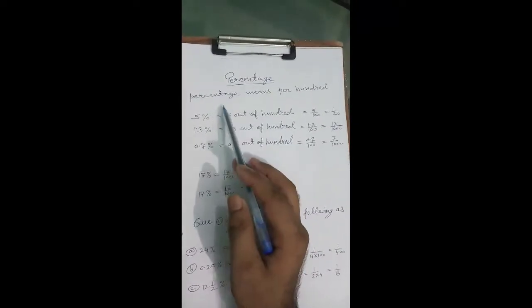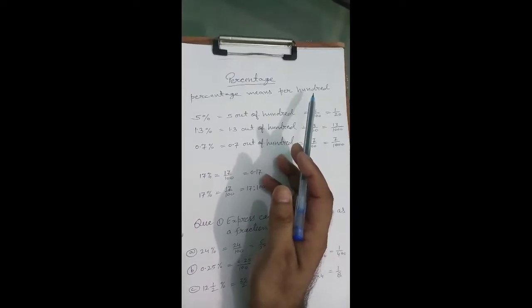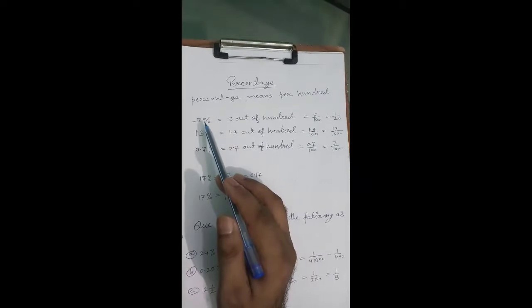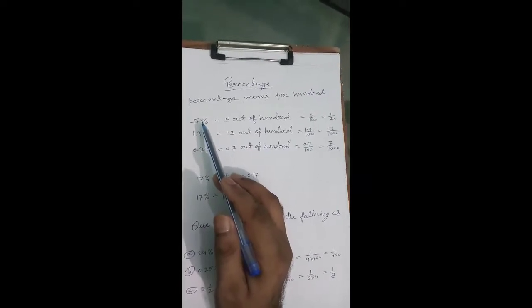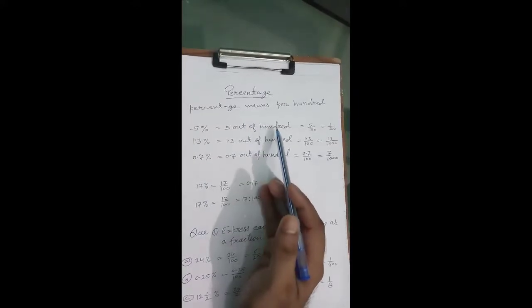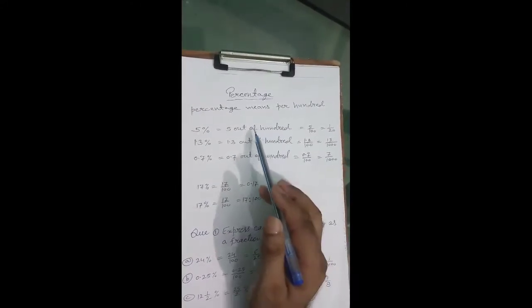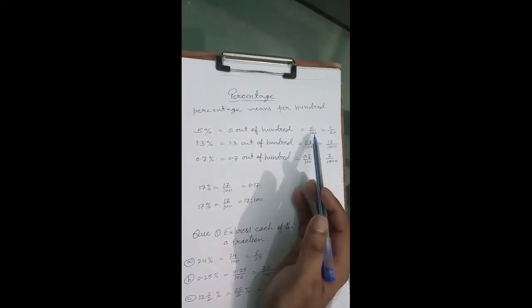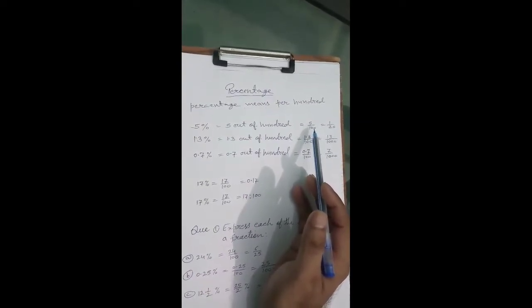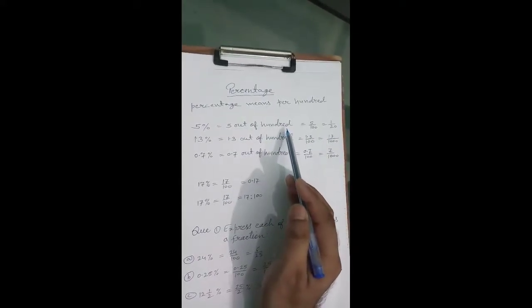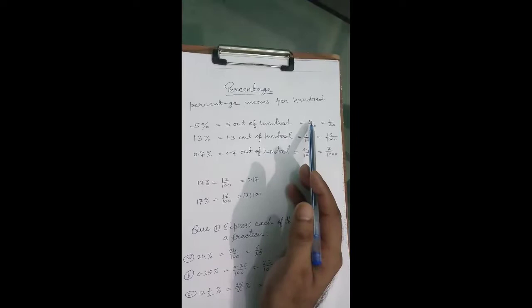Children, percentage means per hundred. Just like if you say 5%, it means 5 per hundred. 5 per hundred means 5 out of 100. And how do you write 5 out of 100? 5 upon 100. Understood? 5% means 5 out of 100, and 5 out of 100 can be written as 5